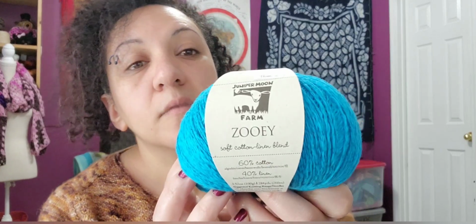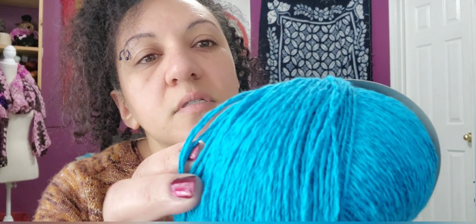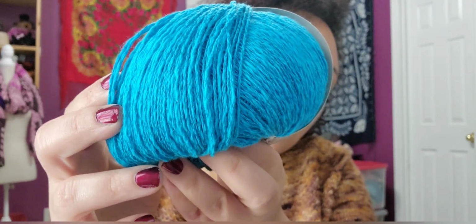I got Juniper Moon Farm Zoe. It's cotton linen, 60% cotton, 40% linen. I was looking specifically for something to knit a summer garment with. It's got a little bit of this texture. You can see that. So I have to be specific about what I want to knit with this. It looks like it's a sport weight because it is